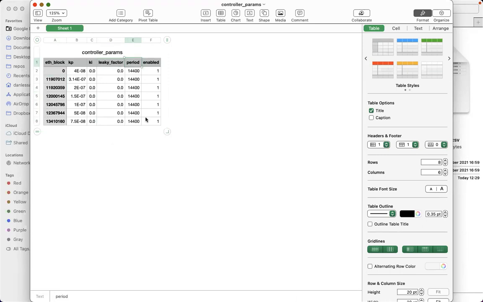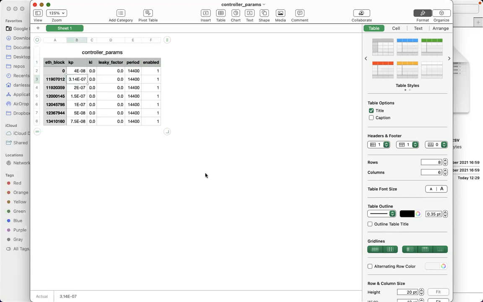The controller gets updated each hour, so this period controls essentially how aggressive the controller update itself is. And a last thing is this enabled column, where 1 means the controller is enabled. If it's 0, the controller will not update itself, so the redemption rate is always going to be the same if enabled is equal to 0.